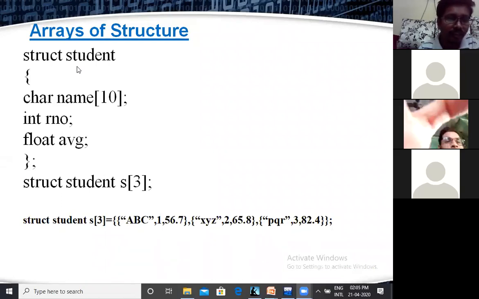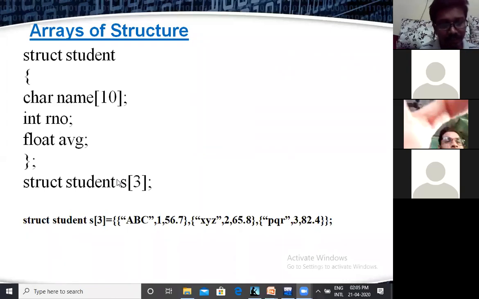And how we can declare the variable? Here, S is the variable. Now the variable declaration is different. The variable declaration must be array, that is arrays of structure. Without the three, only single s is there, that refers student; S can access the contents of the students. S of 3 means that three structure variables are created.